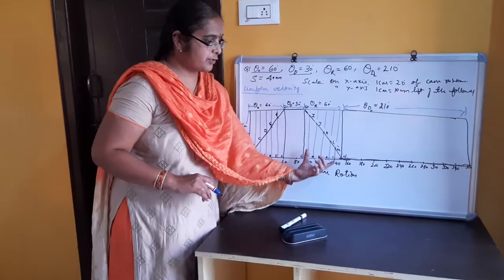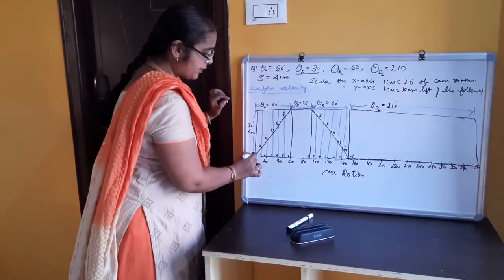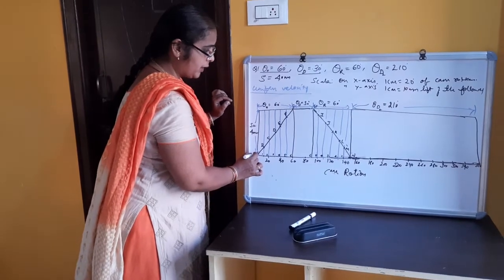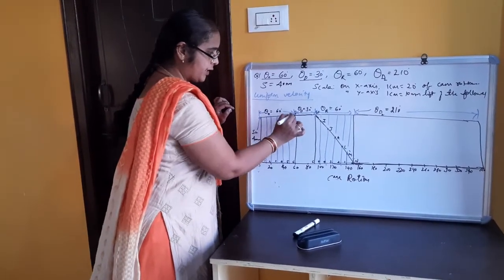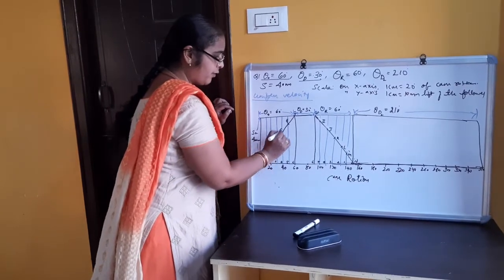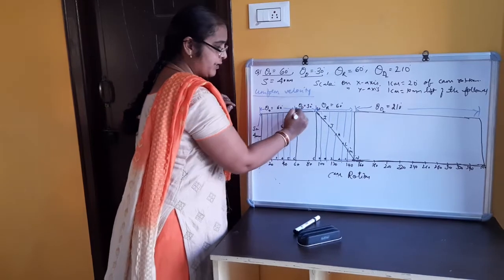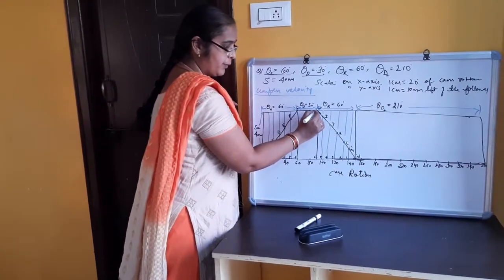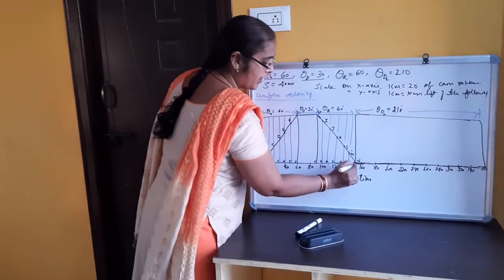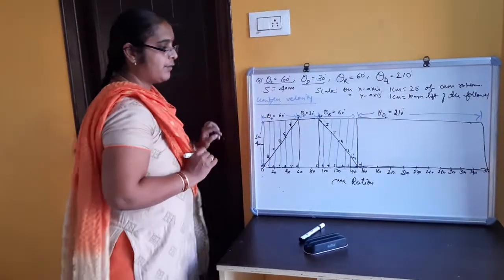Similarly, the return stroke is also divided into 6 equal parts. And then I have started from the origin point. I have taken the opposite upper point where the outstroke region ends, and it is moving with uniform velocity. Uniformly it is moving, so I have drawn a simple straight line to represent the outstroke. Then it's a dwell period. And the return stroke, again with uniform velocity, I have just drawn with a straight line.